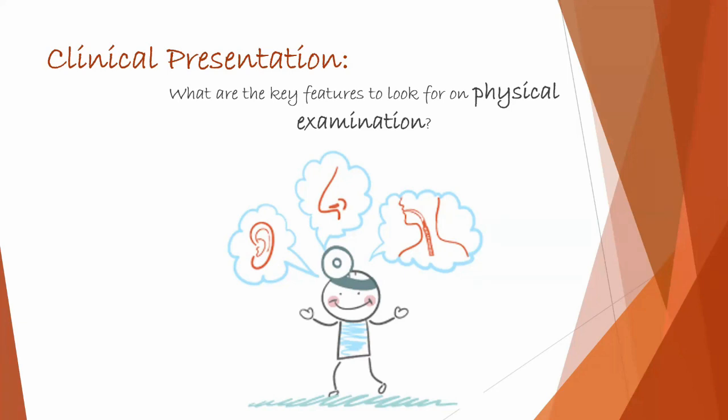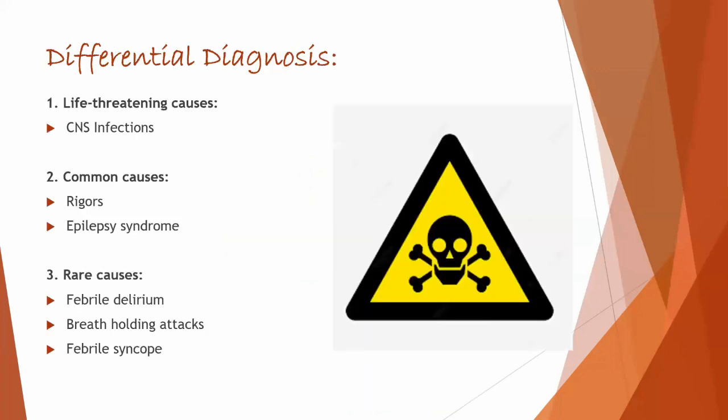Okay, so then we look at causes and basically more of a differential diagnosis. So in ED, we usually want an approach of the life-threatening causes. We want to rule them out first. Then you want to look at common causes, and then we go to the rare causes. So life-threatening causes of seizures will definitely be CNS infection, so meningitis, encephalitis. It can be a space-occupying lesion if the child is having focal seizures. So that's always important to rule out the life-threatening causes first.